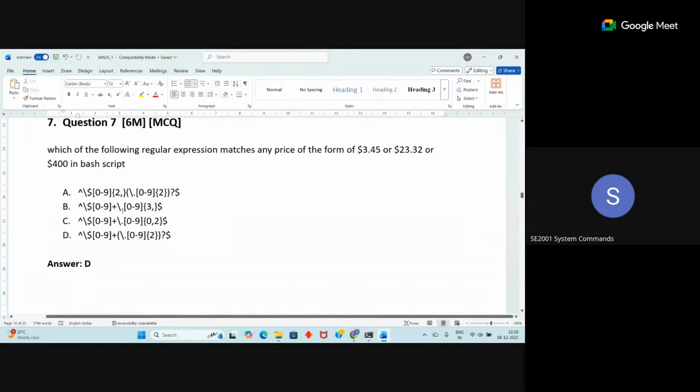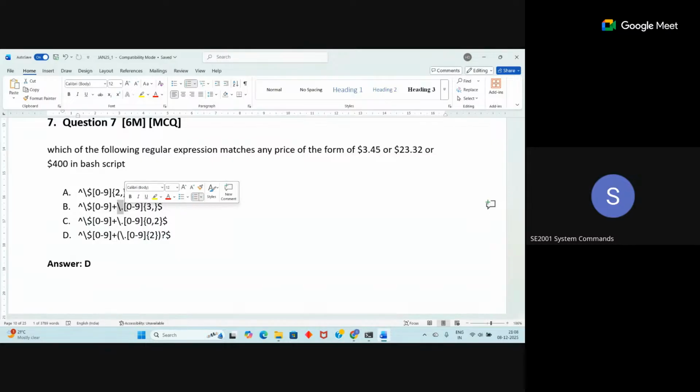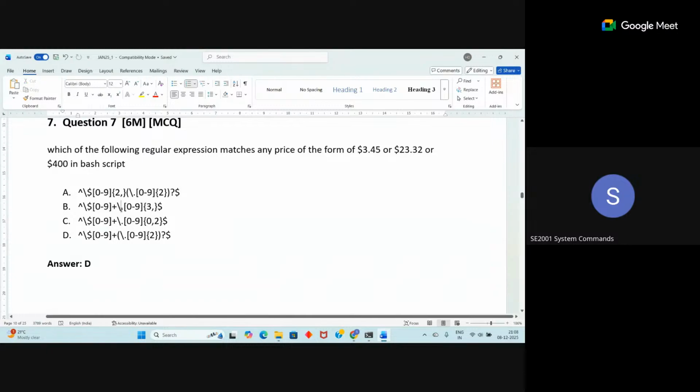So it should be followed by a dot. Here also dot has a special meaning. Dot will match any one character. But here we want to consider it like a dot, not like any character. So don't interpret the special meaning of dot. To say that, slash dot. Okay, so slash dot, and after the dot,